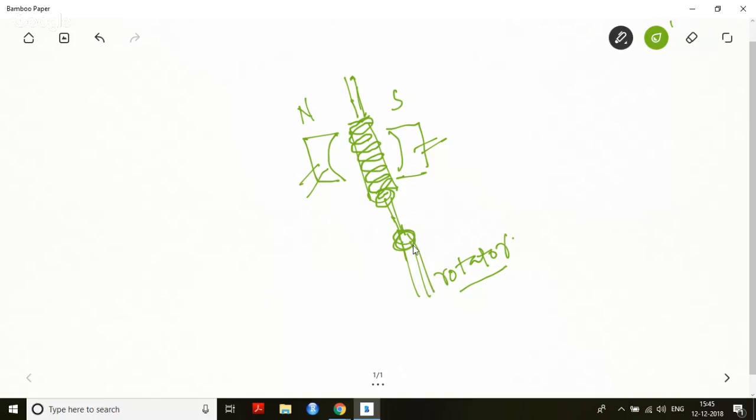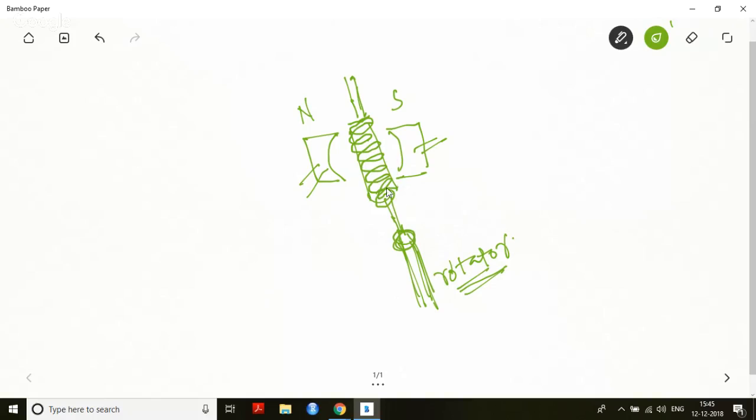So the coil is joined with a rotator. Is it okay? This rotator is rotated with the help of many things, one being steam. The rotator has fans. On the fans the steam comes and strikes the fan. Due to the energy that the steam carries with itself, when it strikes the fan of this rotator, the fan starts moving. As soon as the fan starts moving, this is coupled with this core, the core starts